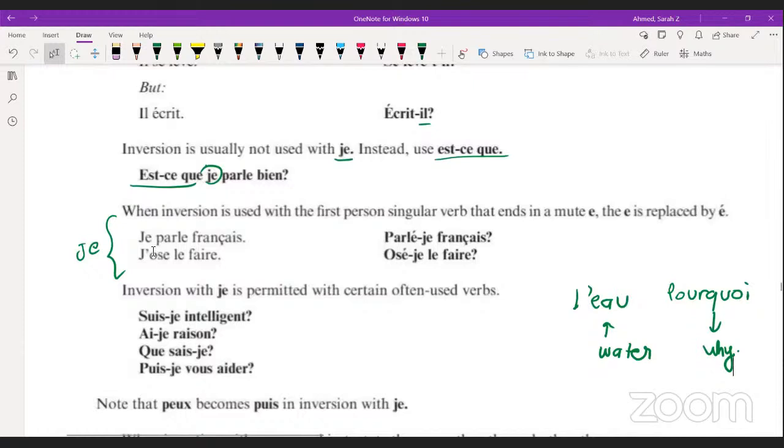Okay, so let's continue now. So they're saying that if you have to do the inversion,